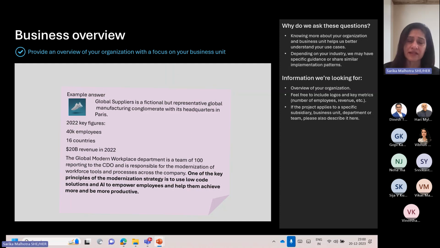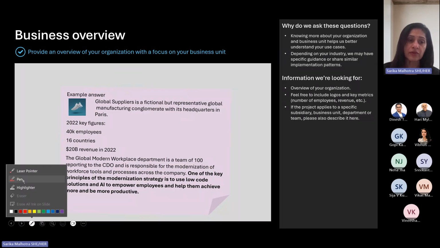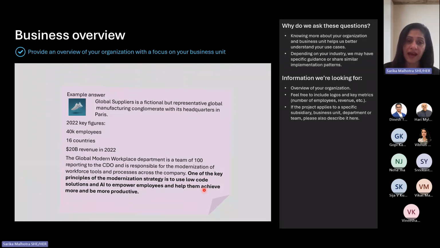What are the questions we ask them, right? So this is just a sample. We obviously need to get an overview of their organization. And most importantly, if you see what I've highlighted, we want to know, do they have a strategy to use AI to empower their people and help them be more productive? This is the key